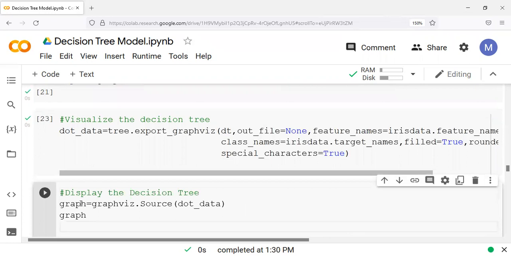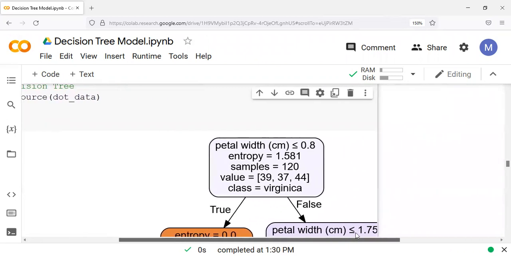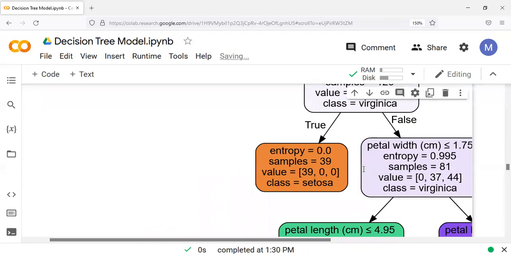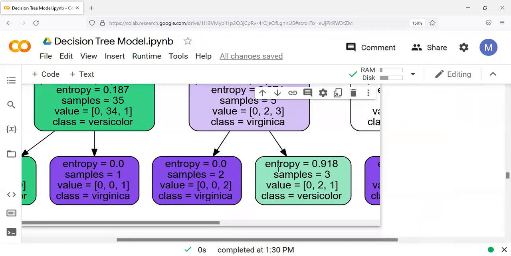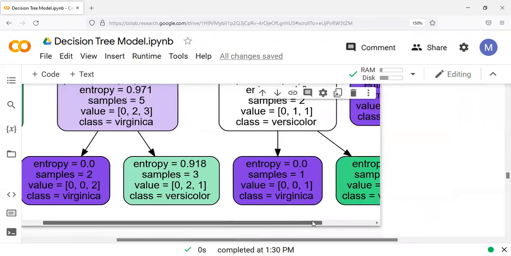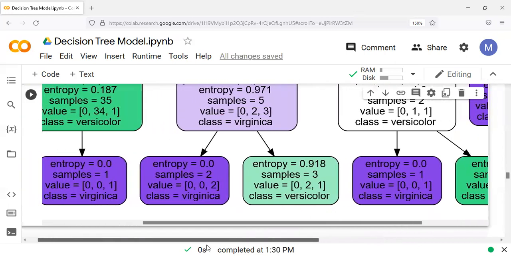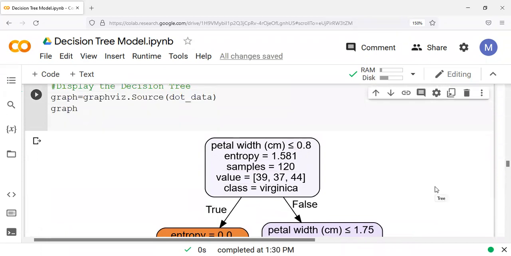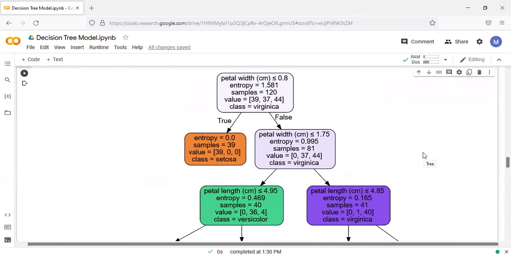How do we visualize the decision tree model? All that I need to do is run this function, which is called graphviz.Source. You can see here, this is the decision tree model that we have. You can see, if we scroll down, this is the decision tree model that we have. I'd like to scroll to the right side so that you can get a perspective of the entire decision tree. Because the maximum depth is 4, I think the tree is quite deep. You can go to the earlier stage and specify, let's say, 2 or 3, then you will get a